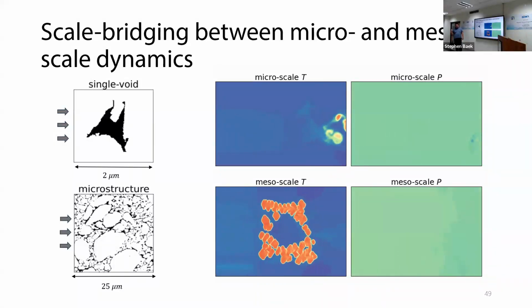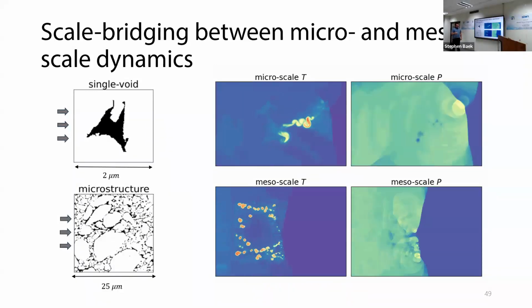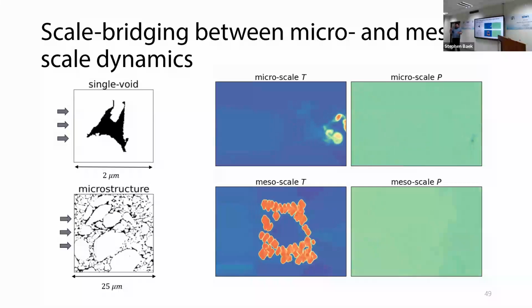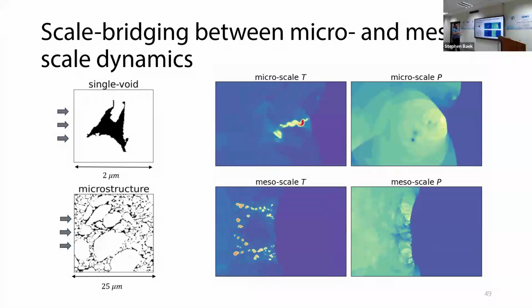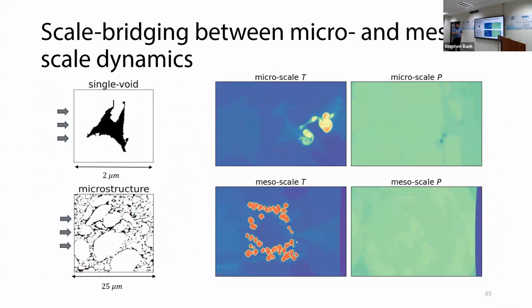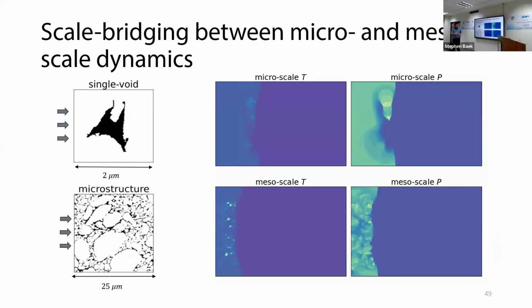Now, the idea of scale bridging is to find the dynamics describing these two different scales, and then find some mathematical relationship between the two. In other words, if this is the single void phenomena, and we just saw in the previous slide that we can model it using reduced representation, so we have a bunch of Z's to represent the single void phenomena, then we should be able to combine those Z's to describe this larger structure,